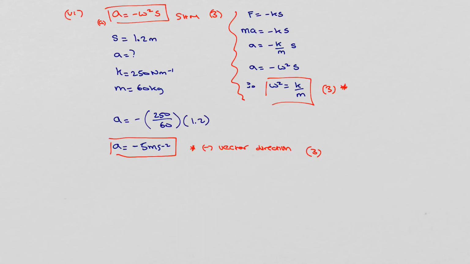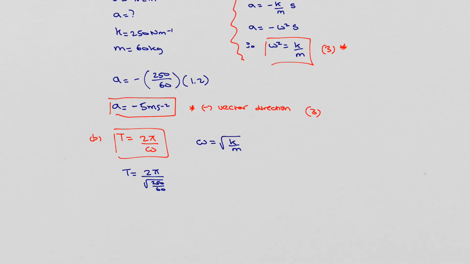I'm just going to call it A, even though it's part 1 in the question. And then part 2 is the period of oscillation. So the period of oscillation with simple harmonic motion is 2 pi over omega. So therefore omega is going to be the square root of k over m. So when we're subbing in here, we have 2 pi over the square root of k, which was 250, over m, which is 60. So then when I sub that in, I end up with,